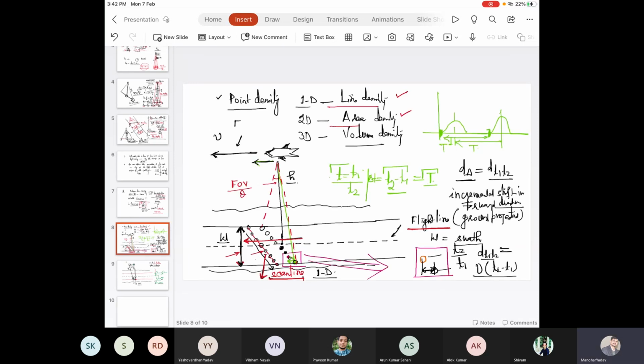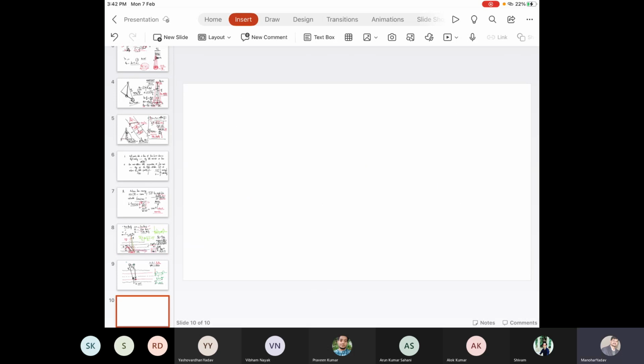So the two nomenclatures we have derived over here for the line densities. So two reference directions we are considering. The first one is along the scan line, and another one is across the scan line. Across the scan line is considered as line along the flight. It's a flight line. Now we'll see when